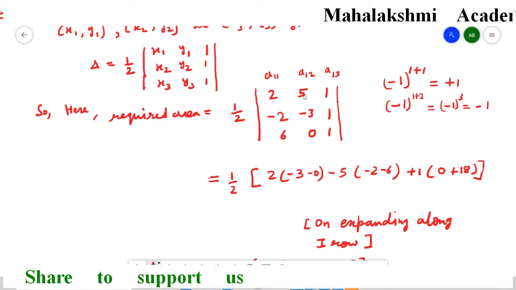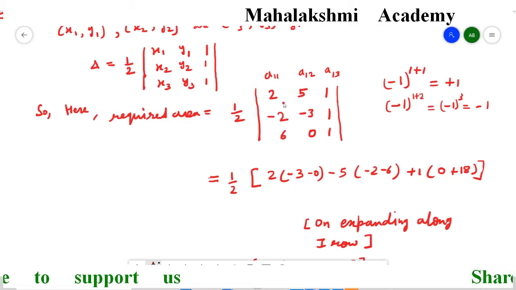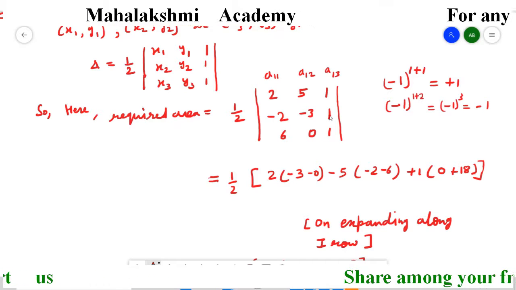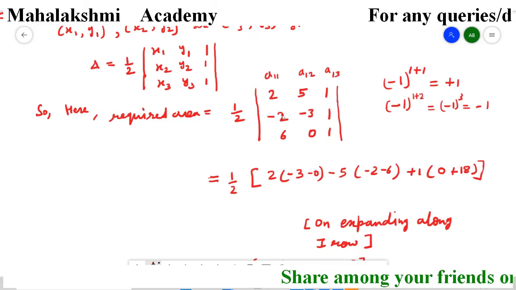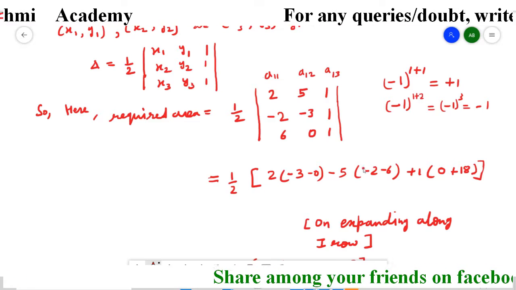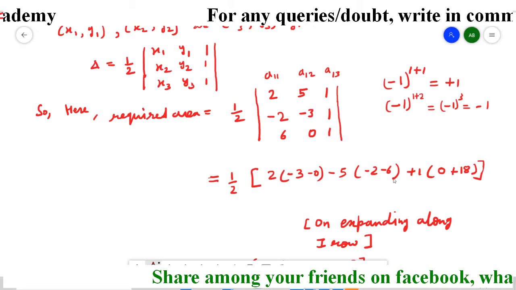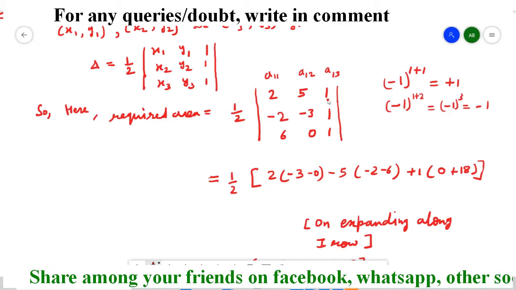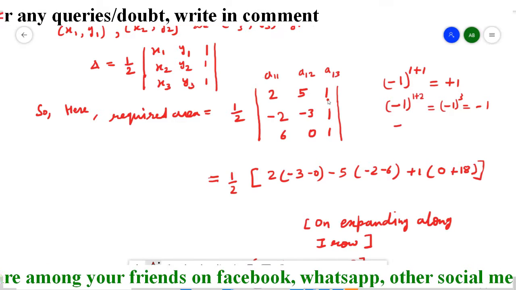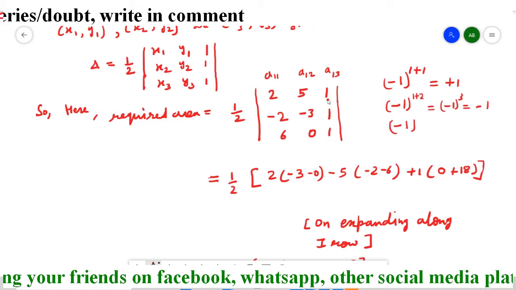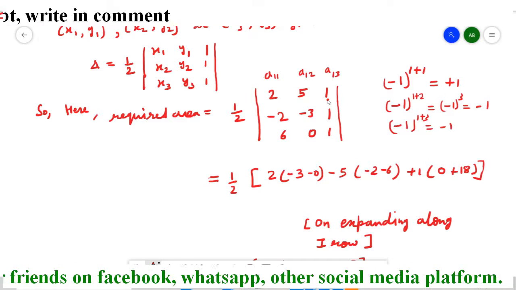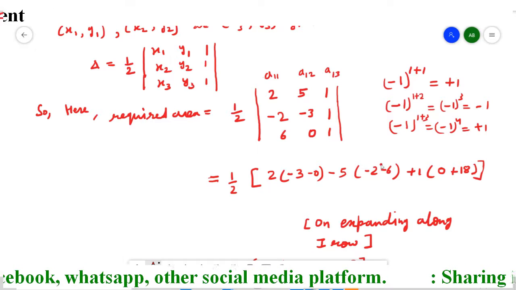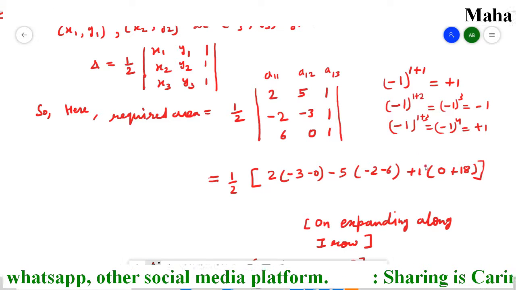And then cross this column and this row. So we remain with minus 2, 6, and then 1 and 1. So the first cross is this, minus 2 into 1 gives minus 2, and then 6 into 1 gives 6. This minus is because of the formula. Now this 1's place is 1 3. So 1 plus 3 is 4, minus 1 to the power 4 is plus 1. Since we obtained plus, this one has a plus sign.